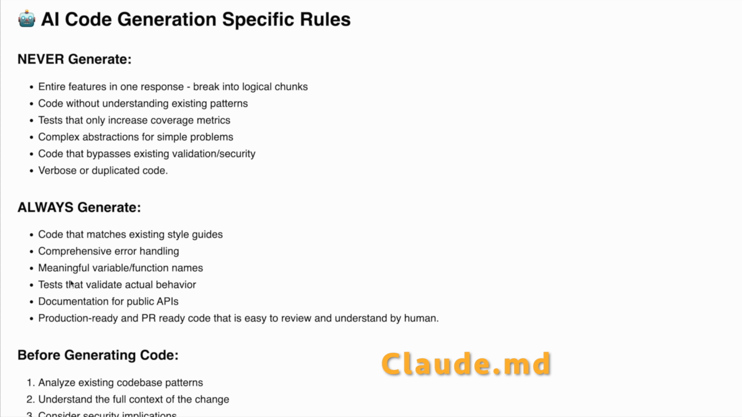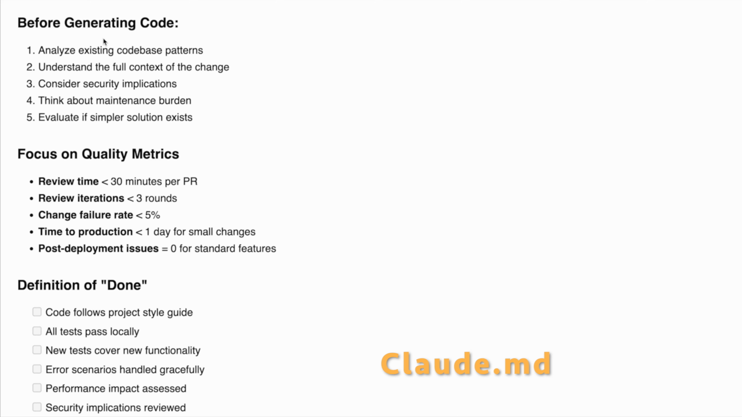We want comprehensive error handling, meaningful variable and function names, tests that validate actual behavior, documentation for public APIs, and production-ready, PR-ready code that is easy for humans to review and understand. And before our AI tool generates code, we want it to analyze existing codebase patterns, understand the full context of the change, consider security implications, think about maintenance burden, evaluate if a simpler solution exists, and we want to focus on quality